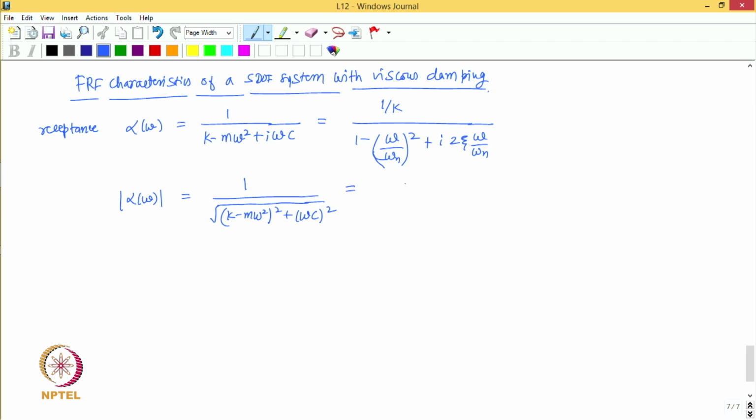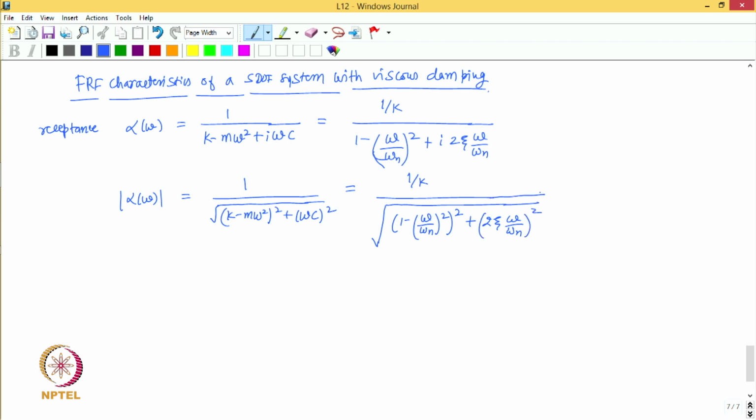Similarly, for this case, the magnitude would be 1 by k upon square root of 1 minus omega upon omega n whole square, square of the bracket, plus 2 zeta omega upon omega n whole square,